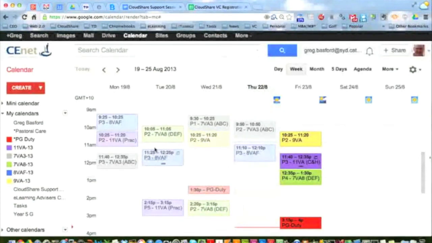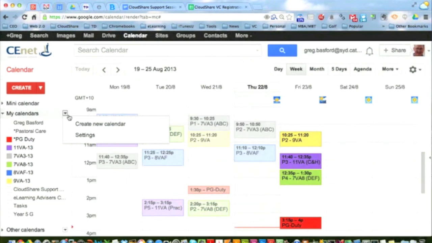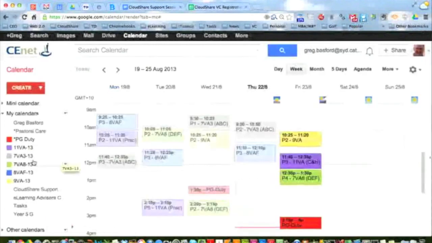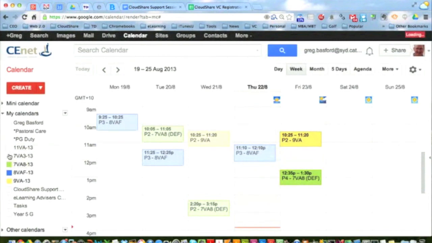So you can see that it looks like one calendar, but in fact it's several calendars. So how would you go ahead and make those calendars? Well, it's pretty straightforward. The first thing you need to do is create a new calendar. You mentioned at the beginning that you knew how to create a new calendar. You just go create, give it a name, etc. I won't go ahead and do that because we've already created these calendars here. So let's say I wanted to set up these classes. What I'll do is hide all of the other ones so it's a little more obvious, and I'll just focus on this one,